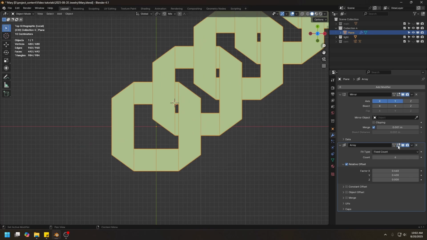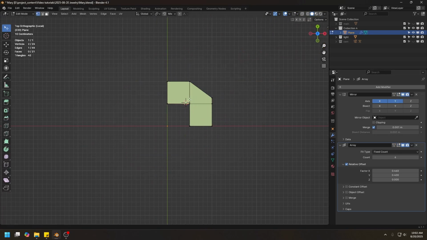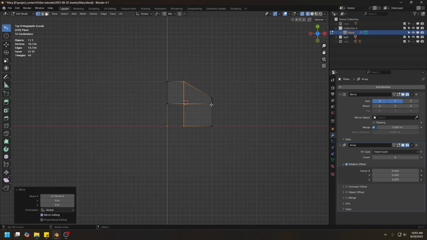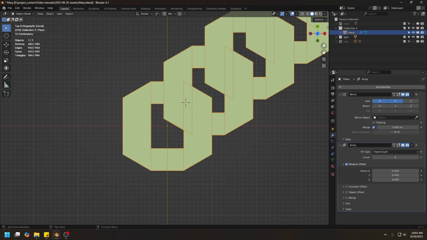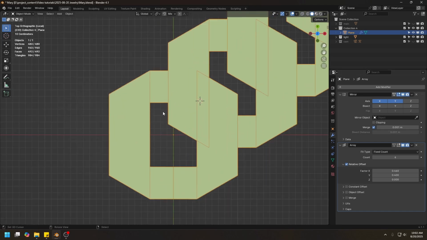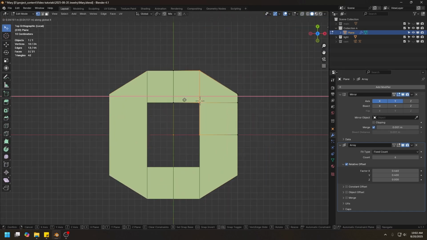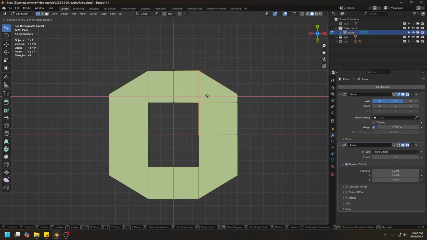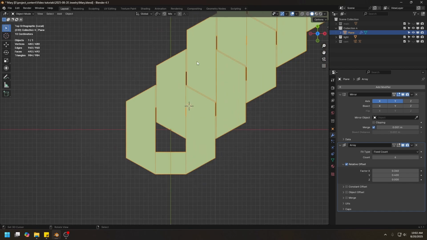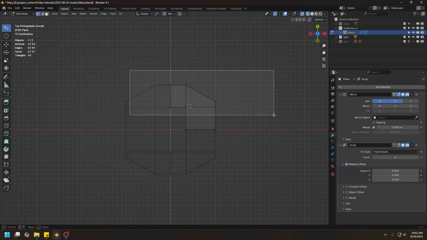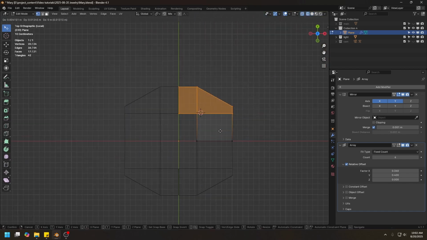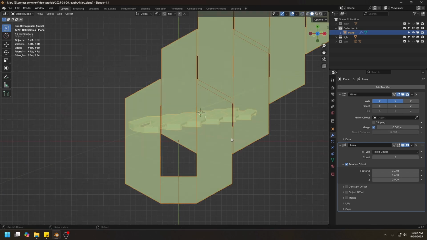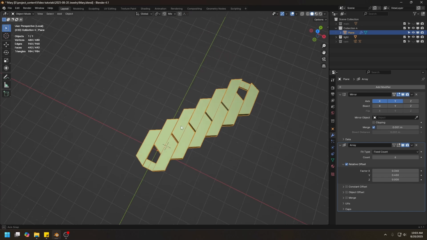So first we need to turn off the modifier in edit mode. There we go. So I'm gonna move this in like so. Now maybe turn on the mirror modifier in the edit mode. There we go. It's not quite there yet. Okay, looks good. Let's select all these faces and move these up a little bit like so. So you see we now have some very nice link going on